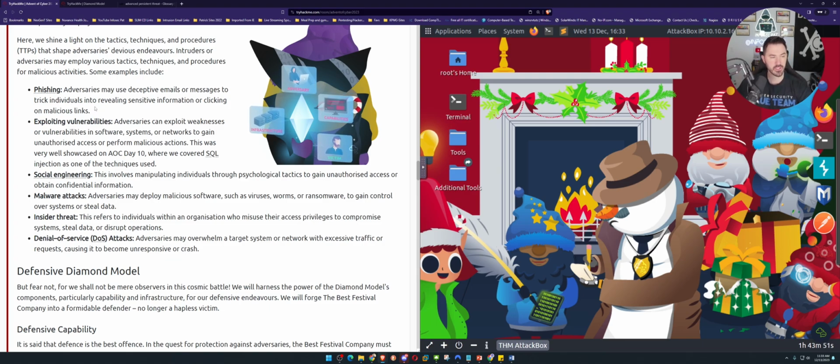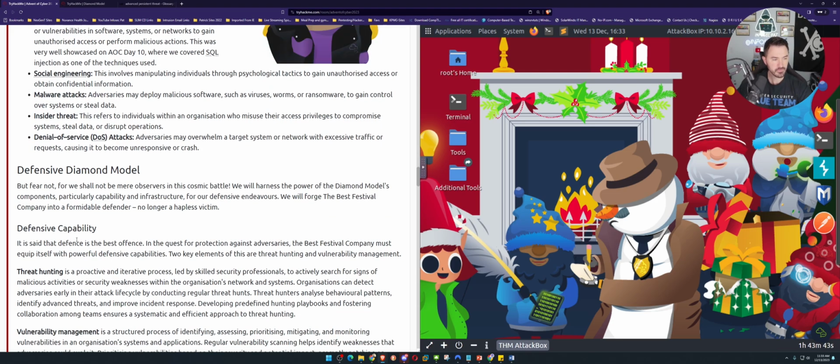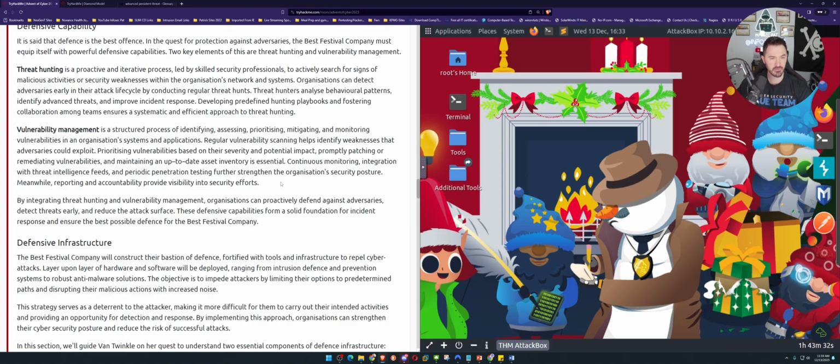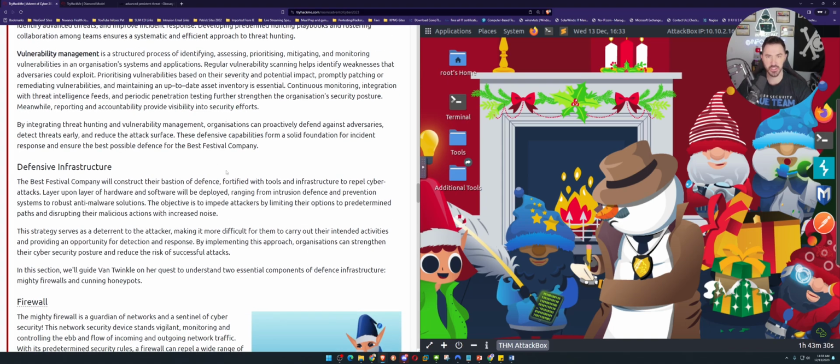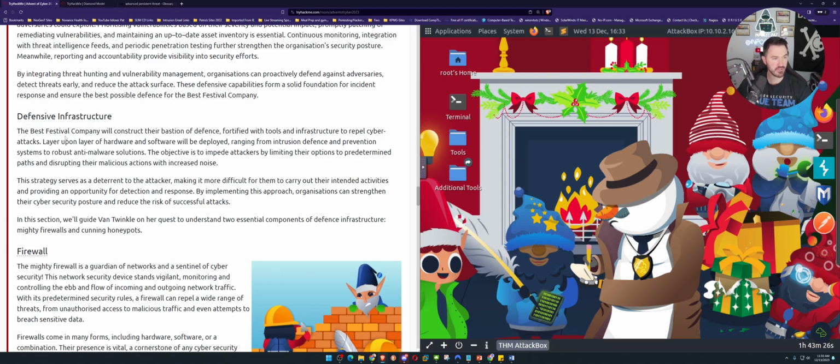So we all know what this is, right? We should by now, right? So the defense diamond model, we can read about that. And defense capabilities, we have threat hunting, we have vulnerability management, right? So obviously there's a lot of information here to digest. So check that out. And defensive infrastructure, obviously how we defend